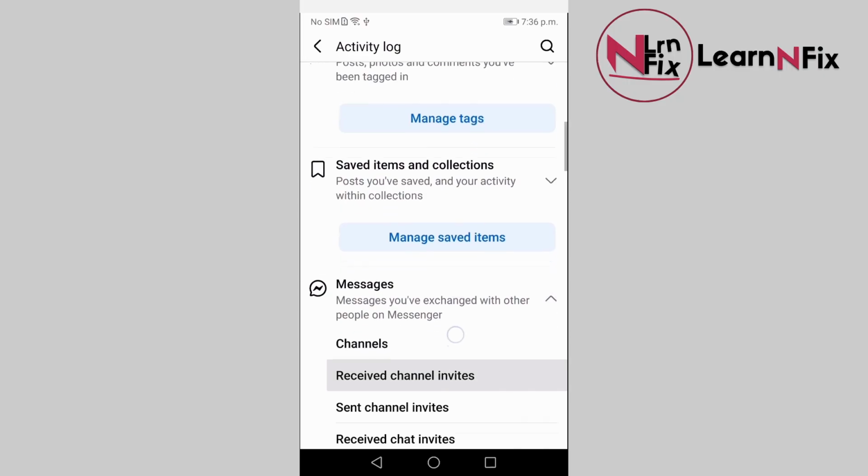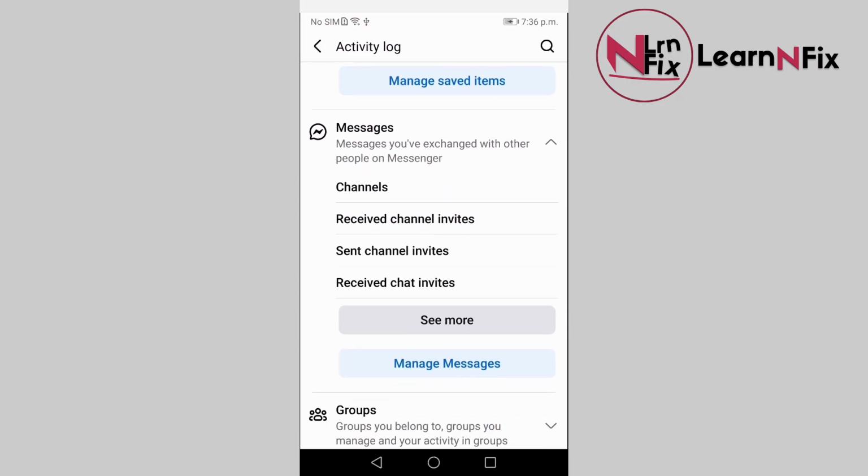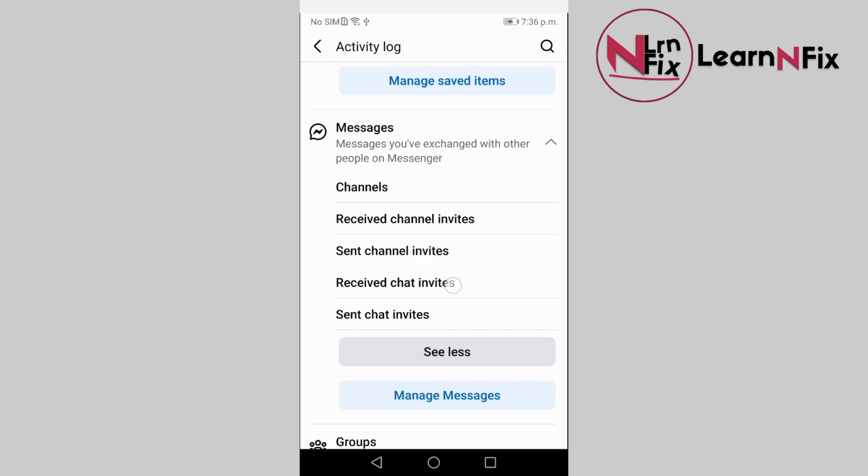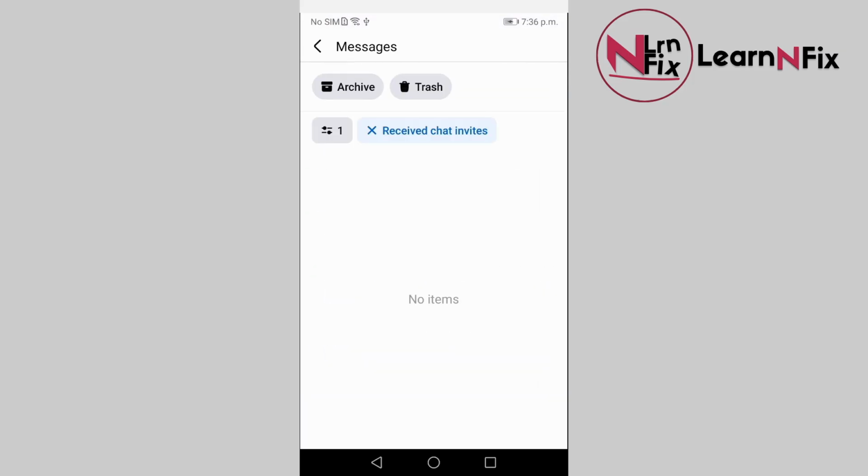Click on that, and then you want to click received chat invites. Oops, I have to click on that. Okay, and here you should be able to find all of the history of the received chat invites that you have received